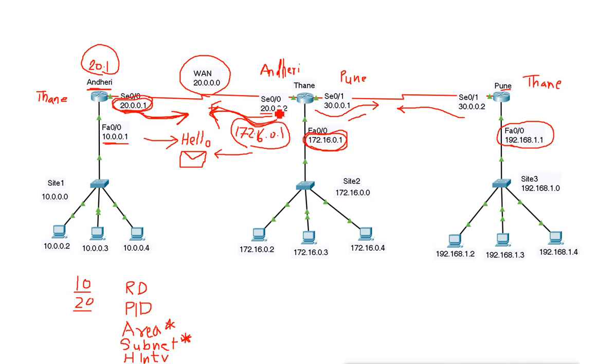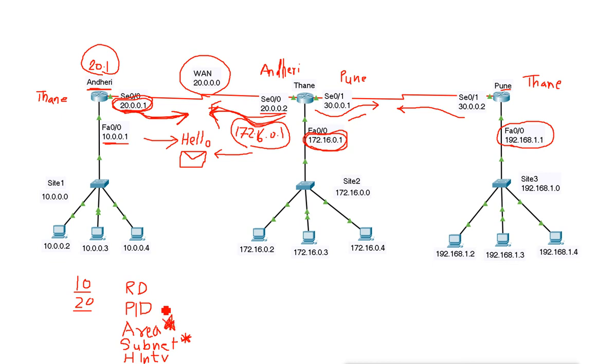On this router, when we configure this network, we also said that this network is under area 0. So the directly connected networks must be in the same area. Otherwise they will not create the neighbor relationship.